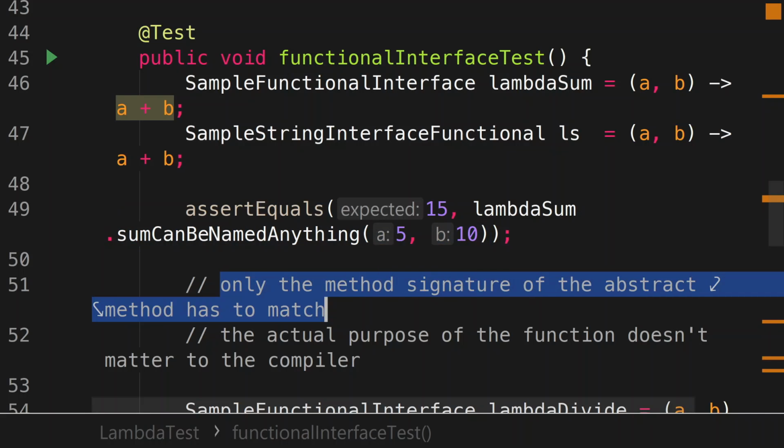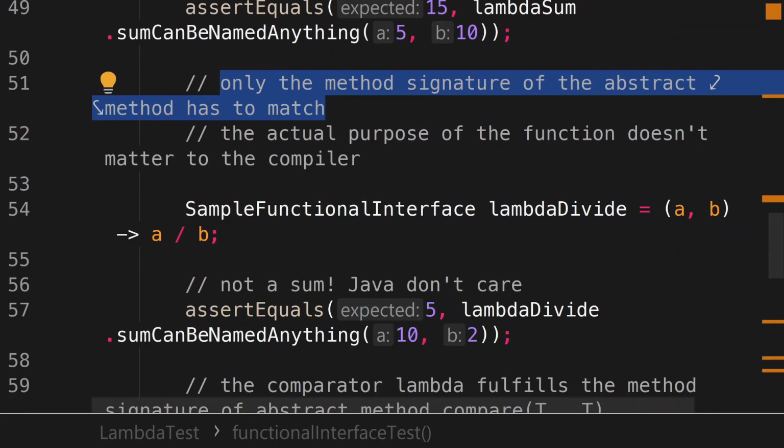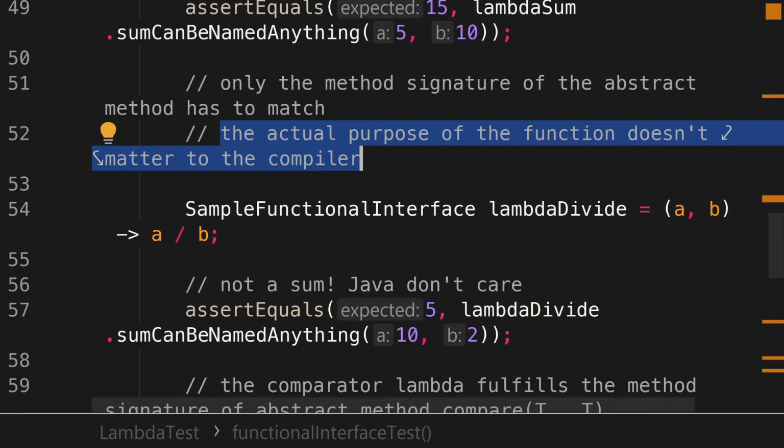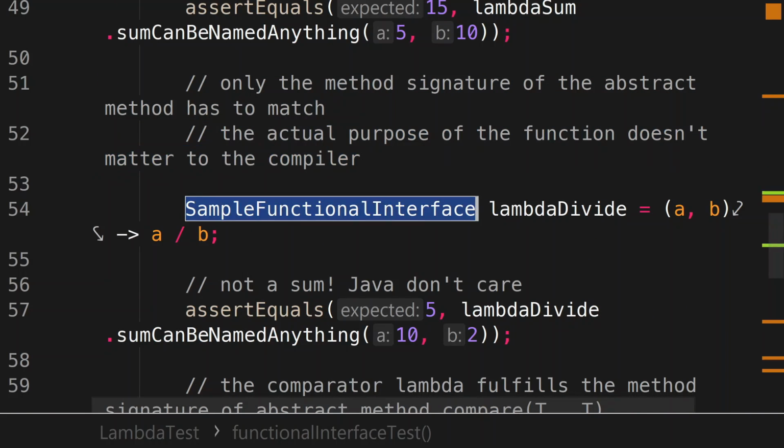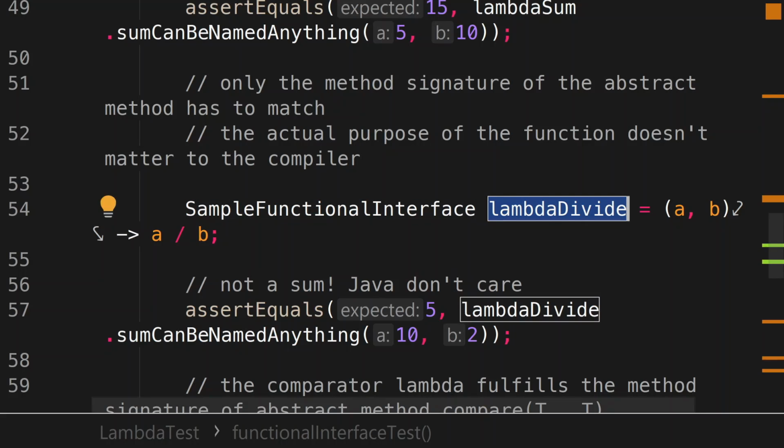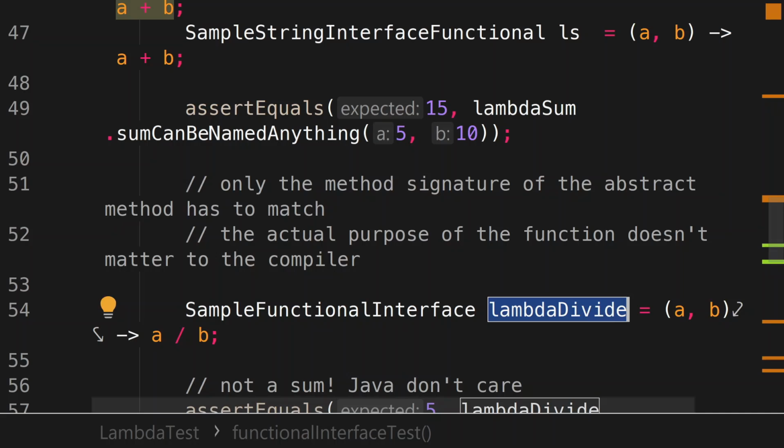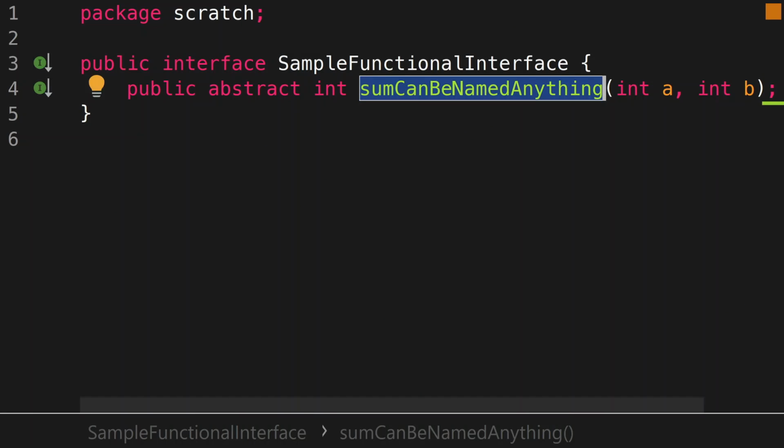Only the method signature of the abstract method has to match. The actual purpose of the function doesn't have to matter to the compiler. Remember my sample functional interface? Sum can be named anything. I'm calling this one lambda divide. It takes 2 arguments and returns the first argument divided by the second. Despite the fact that some sample functional interface has a method called sum can be named anything,